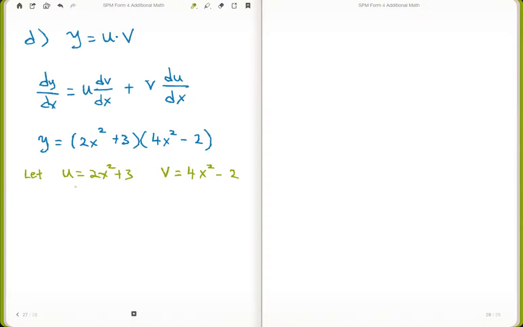Then you differentiate individually. du over dx would be 4x, the constant is 0. dv over dx would be equal to 8x. Differentiate a constant, you get 0. Then things would be easier if you write it down this way, you cross multiply them, and therefore your dy dx